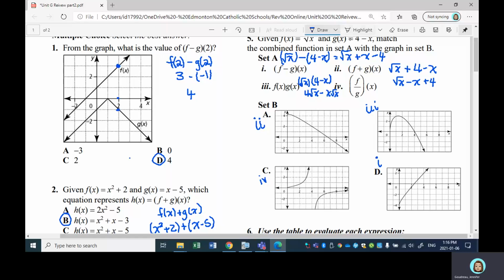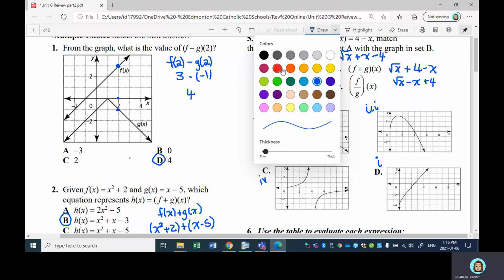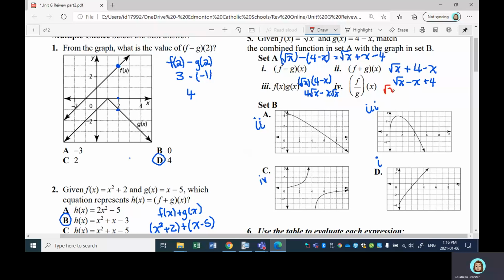It would be, I'm going to use a different color so we can differentiate here, root x over 4 minus x, which then you can see we've got that non-permissible value at 4, and this has that vertical asymptote at 4. So it makes sense. So there you get a chance to see all 4 of these functions, so all 4 operations with 2